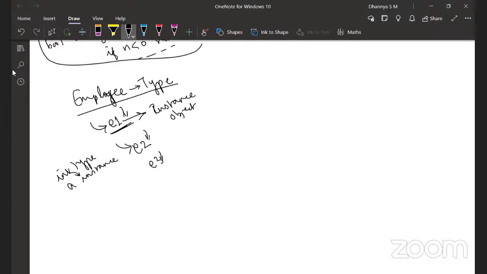An instance or object is one particular instance of that type, one particular employee. So when you're saying employee, it has these characteristics which I have defined, and these are the operations that you can do on this type. But I have created 3 different instances of the employee type, each of them representing one particular employee. So E1 is the name of an employee, say something like Ram, this is Shyam, and this is Ramesh or something, right?